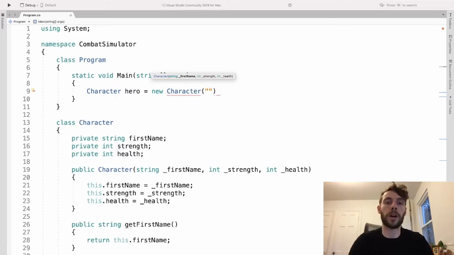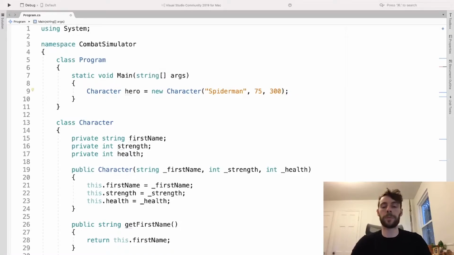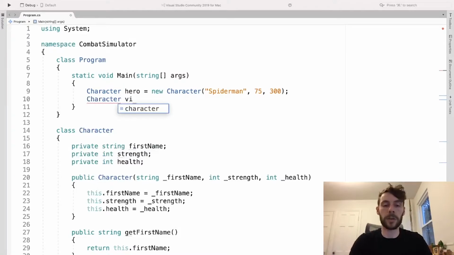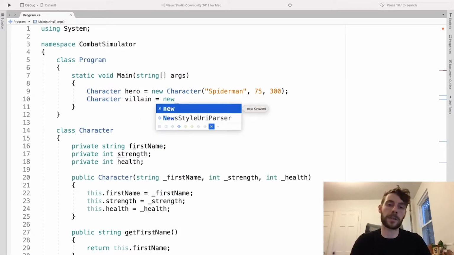We will call our character Spider-Man, and we will give him a strength of 75, and we will give him a health of 300. Cool. So let's create another character, and we'll call this character villain, and we will set this character equal